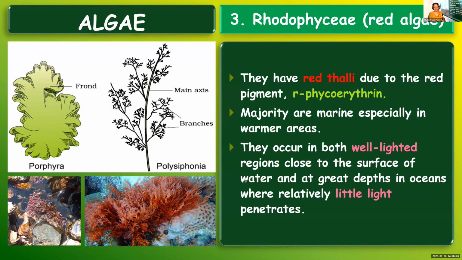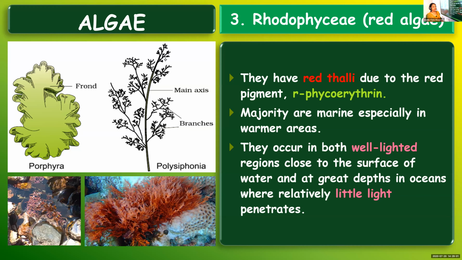So the well lighted region means where enough light penetrates. But as we go deeper and deeper, the sunlight cannot penetrate. All the rays cannot penetrate, but there are some rays like light of red wavelength that can penetrate. That and all you will learn later. But here what you need to know is these organisms, you can find them both in the well lighted regions as well as in the less lighted regions. So they are adapted to survive both where sunlight is in plenty and where it is very scarce.